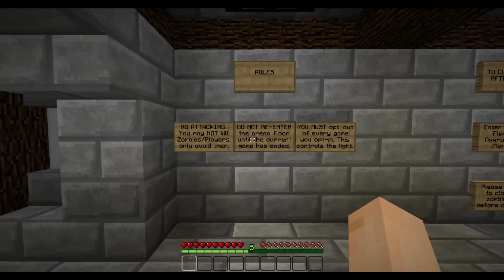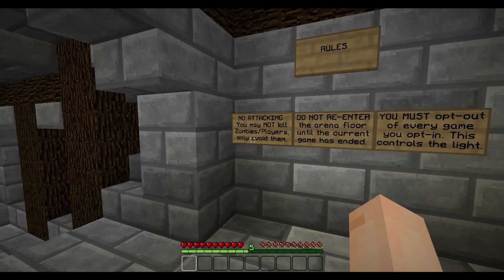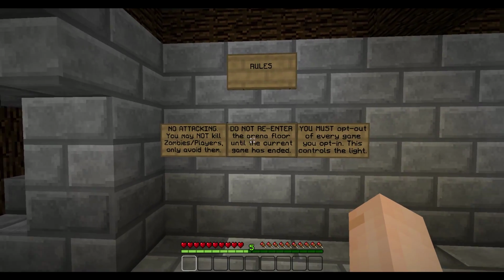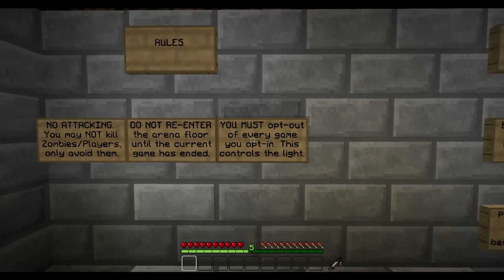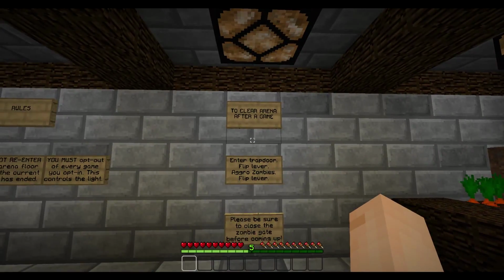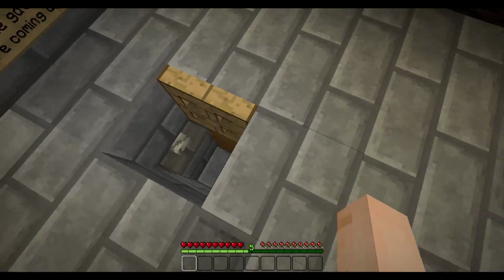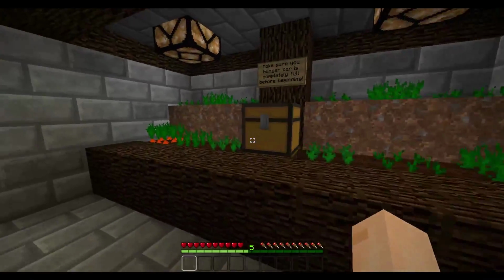And then over here is the rules. No attacking. You may not kill zombies or players, only avoid them. Do not re-enter the arena floor until the current game has ended, and you must opt out of every game you opt in. This controls the lighting. You guys will see that in a second. Over here is just clearing the arena, and make sure that's all locked up. Yes, we will worry about those after...